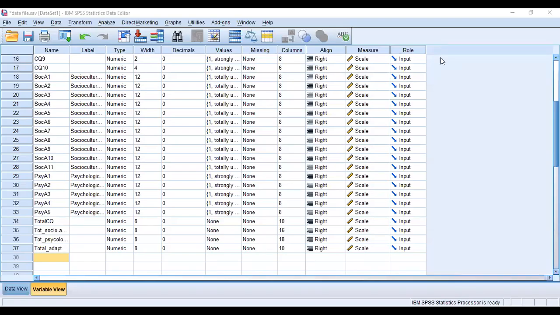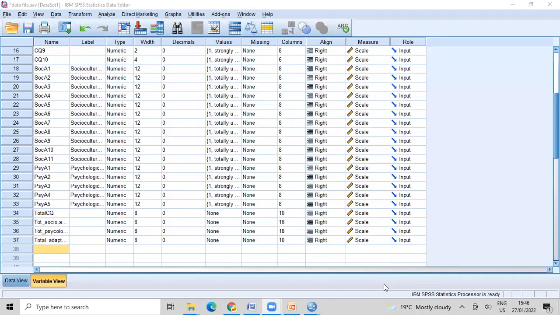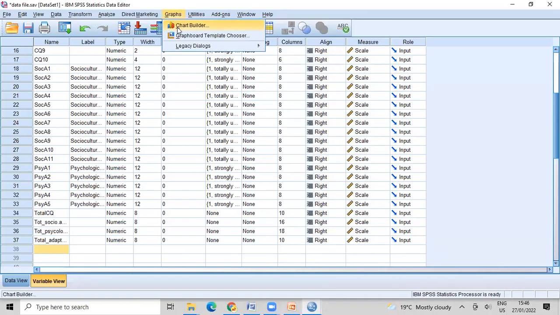So the last thing we will do today is look at how to do your graphs, right? Again, let's go to our data file. The data file is visible, I hope. Yes, ma'am. So here is the graphs window. Just give me a moment. Let me just straight away share the screen with you all. It becomes easier. Okay, the variable view is visible to you all, I hope. Yes, ma'am.